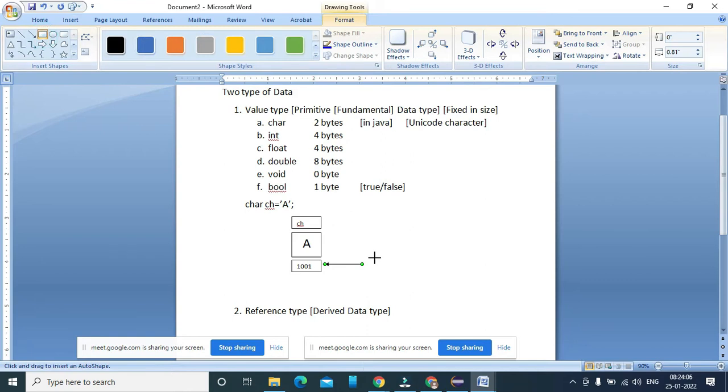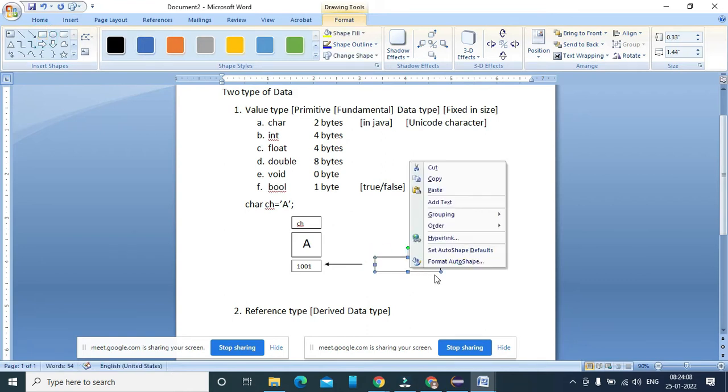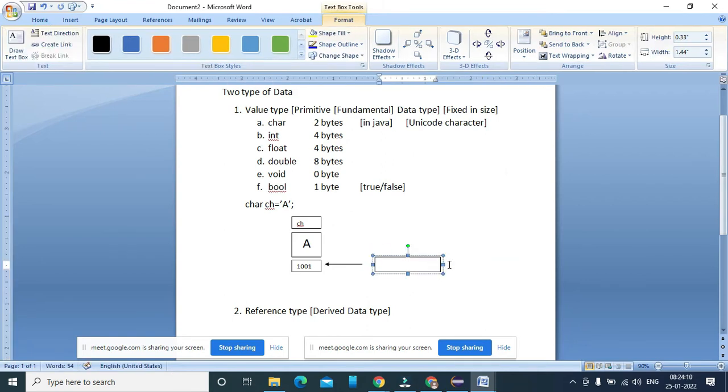So this is the address of a memory variable, and this is the value of the memory variable.